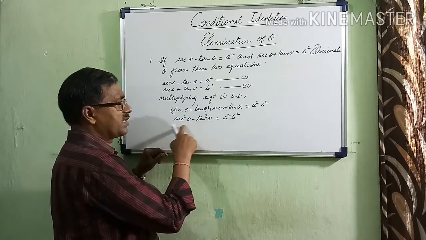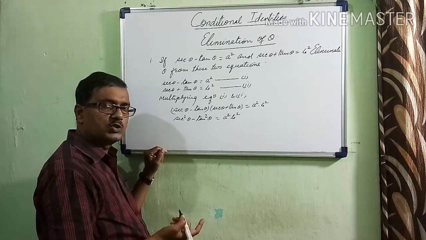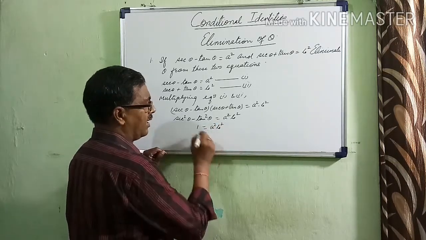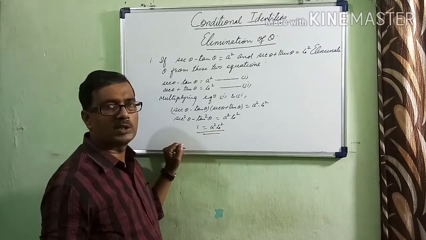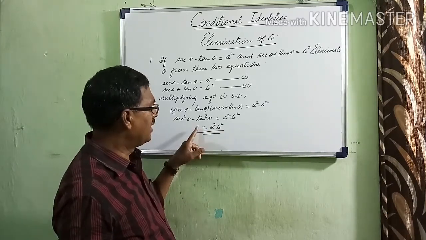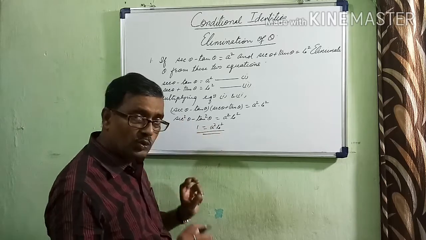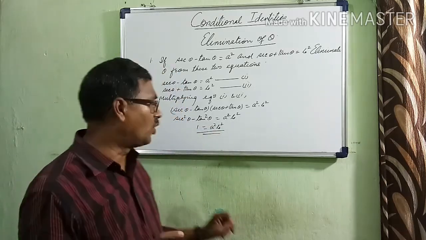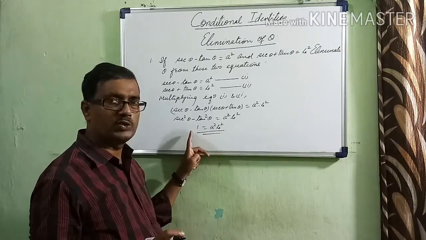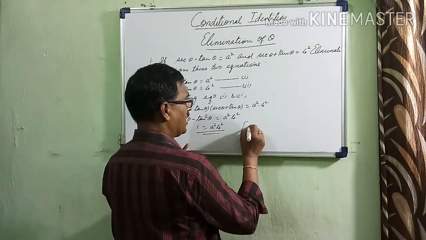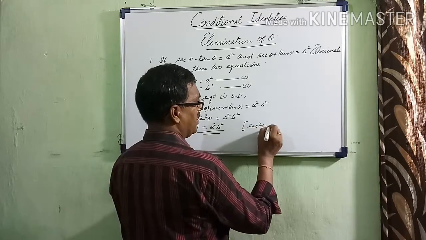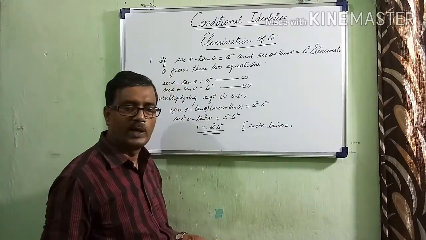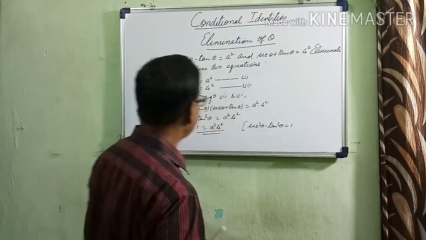What is the formula for sec square theta minus tan square theta? That is equal to 1. So 1 is equal to a square b square, and this is the solution. You notice here 1 is equal to a square b square has no connection with the trigonometric ratio. Not a single trigonometrical ratio is found in this final solution. And how it comes here, you can see: sec square theta minus tan square theta is equal to 1. Let us discuss another question.